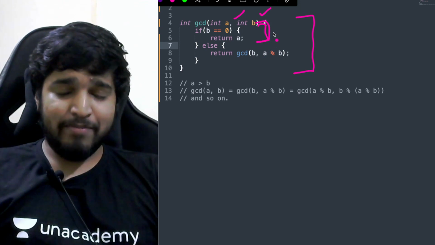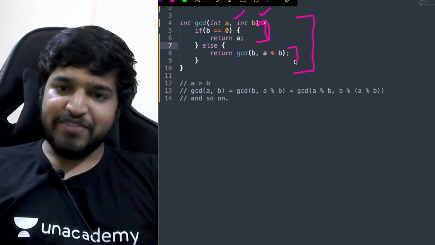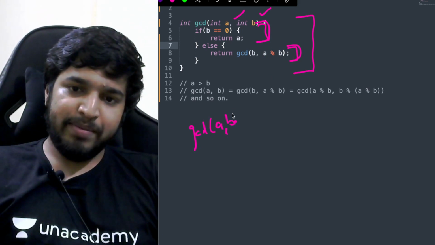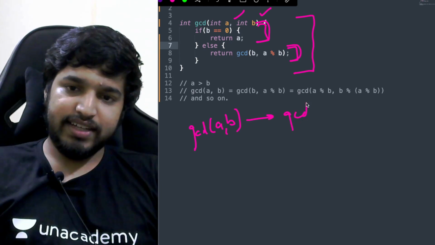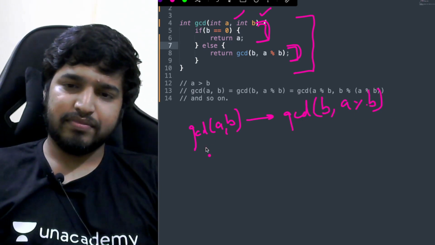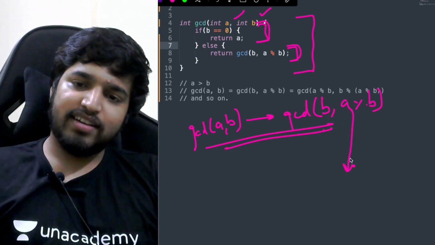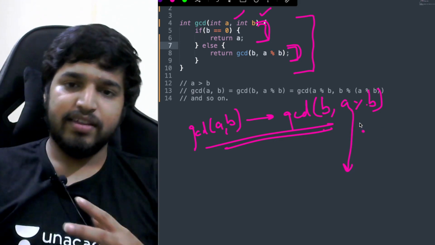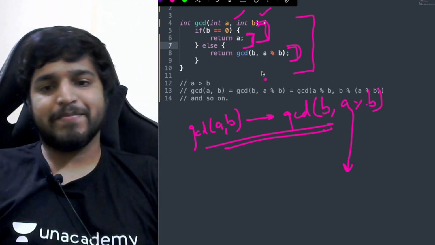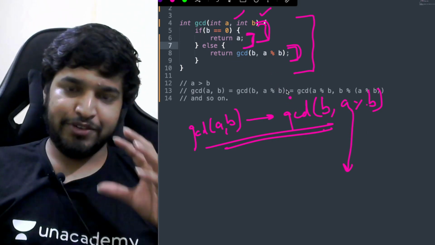There should always be a base case when there's recursion. So this is the recursive call. So GCD A comma B calls GCD B comma A modulo B. And we are going down the stack like one function after another. And at the very base case, when B becomes 0, we return A. That's it. If you want to get a better feel, I suggest you to try out examples, and I'll try